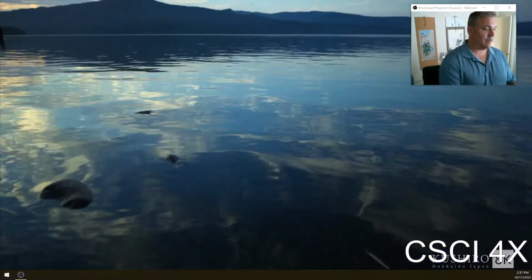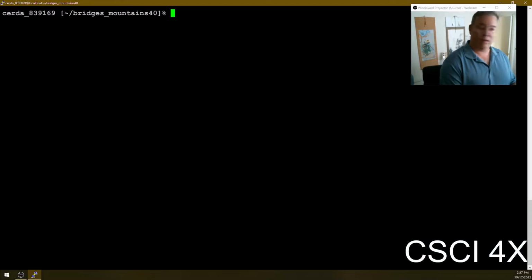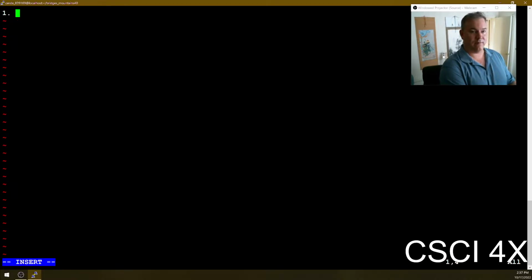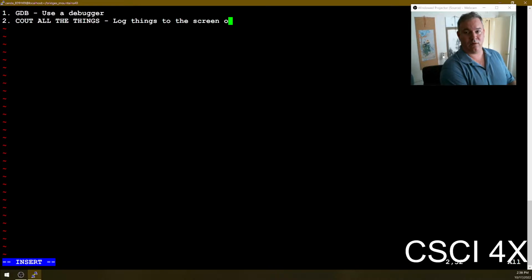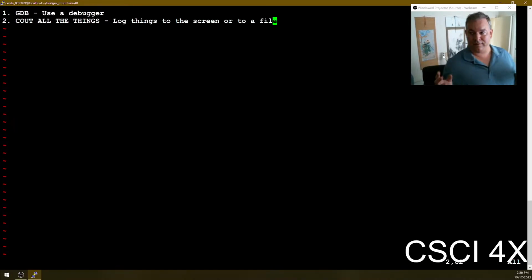So let's talk about debugging. There's 2 different ways of debugging, broadly speaking. There's 2 main approaches to debugging. One is GDB, in other words, use a debugger, and the other is cout all the things. So log things to the screen or to a file. These are the 2 big, broad approaches to debugging things, other than just constantly recompiling it and hoping it'll work this time,